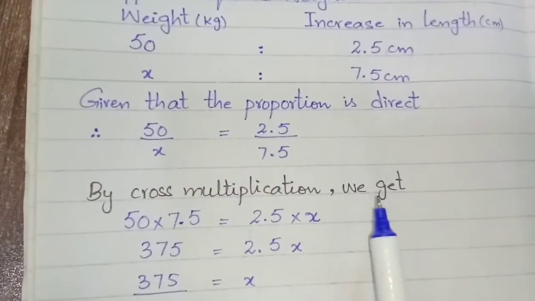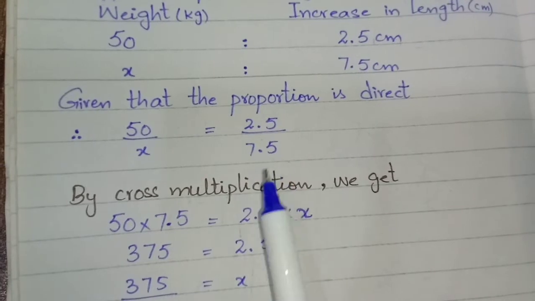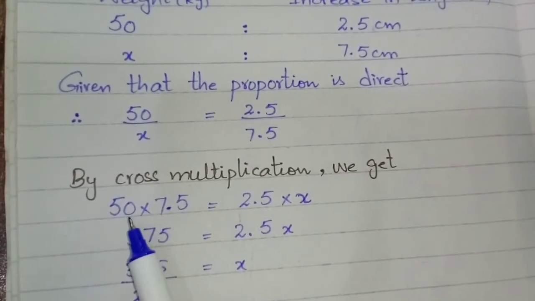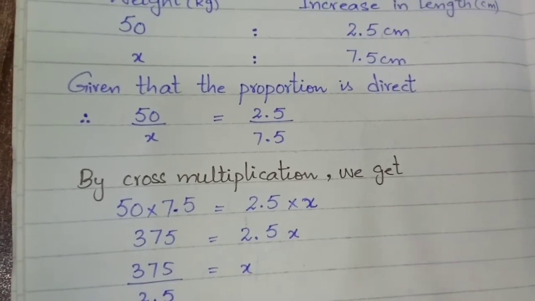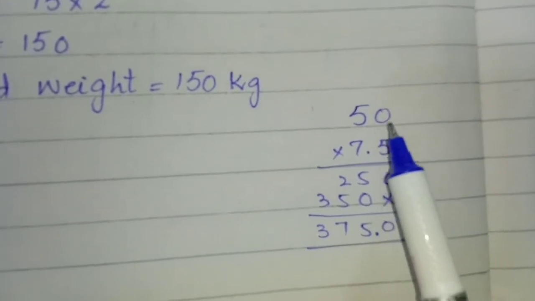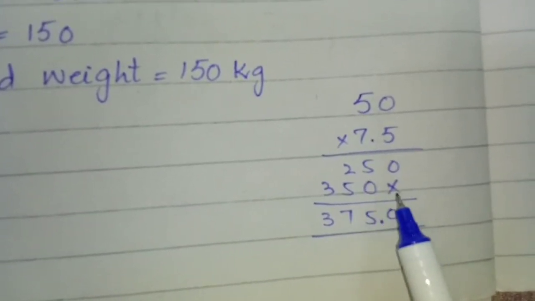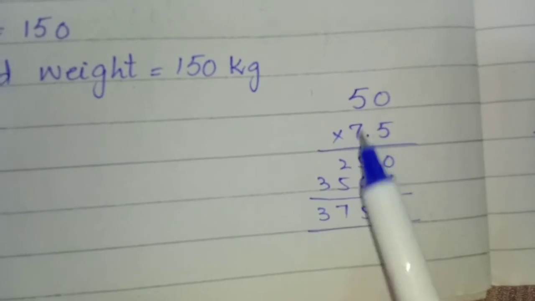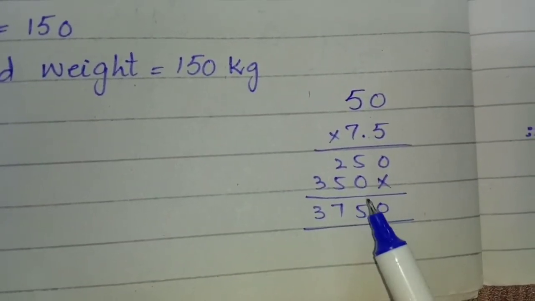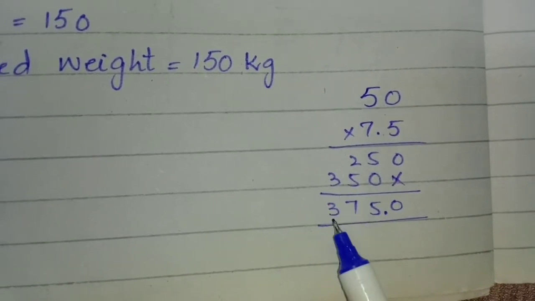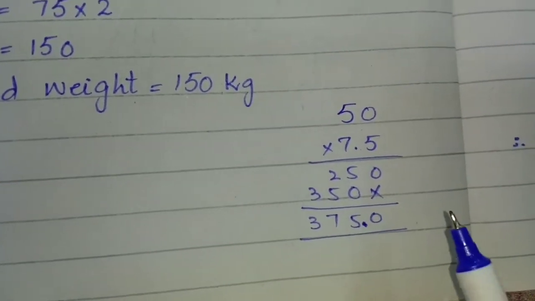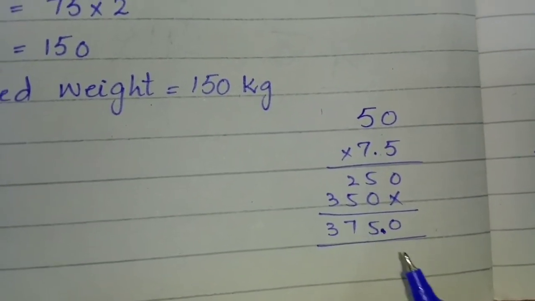So by cross multiplication we get 50 multiplied by 7.5 equals 2.5 multiplied by x. So when we multiply 50 with 7.5, we get the answer 375. So here is the multiplication of 50 and 7.5. 5 zeros are 0, 5 5s are 25. Multiplication: 7 zeros are 0 and 7 5s are 35. So 0 as it is, 5 plus 0 is 5, 5 plus 2 is 7 and 3 as it is. After the point there is one value, so we put the point here. So 375 is the required answer